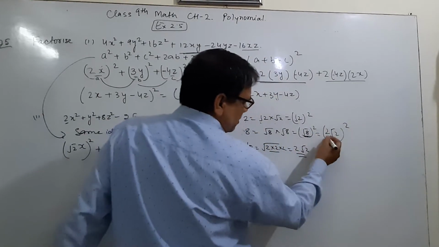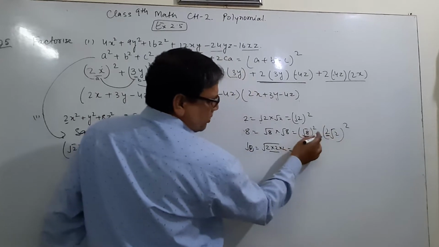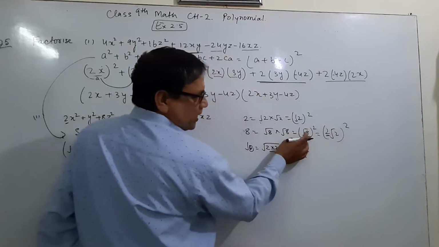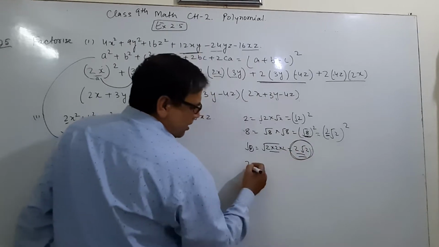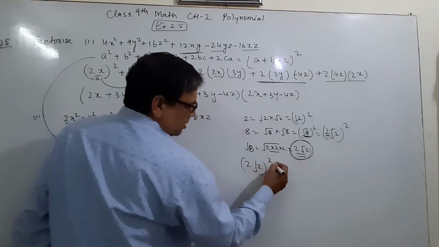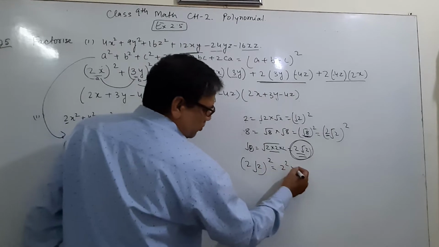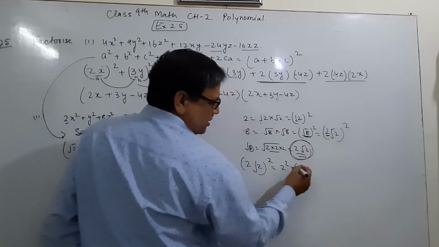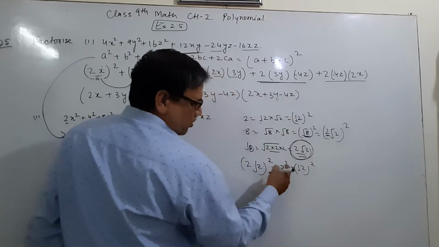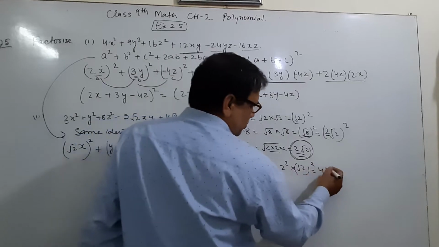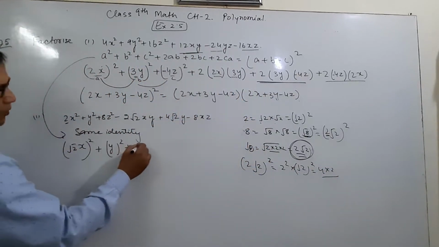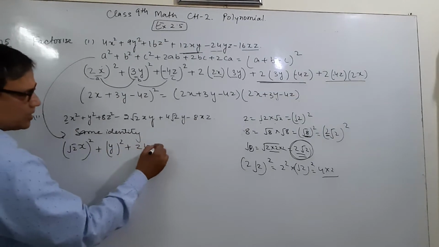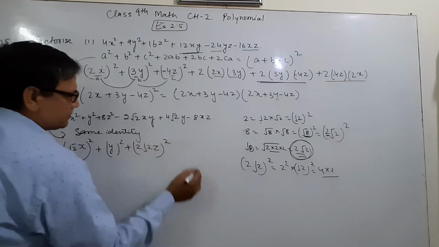That means 8 is the square of root 8 square, and root 8 is equal to 2 root 2 square. Root 8 square means 8, and we break root 8, and root 8 is equal to 2 root 2. It means square of 2 root 2 square into root 2 square. 2 square is 4 and root 2 square is 2. 4 into 2 is equal to 8. So it means 8 is the square of 2 root 2 z whole square.